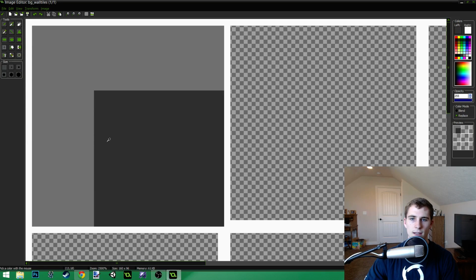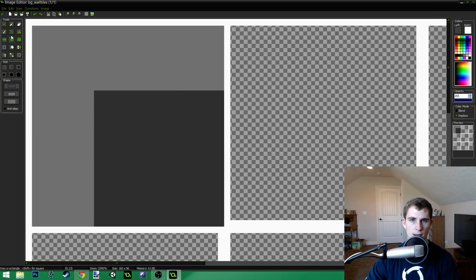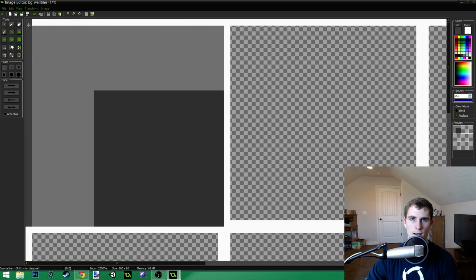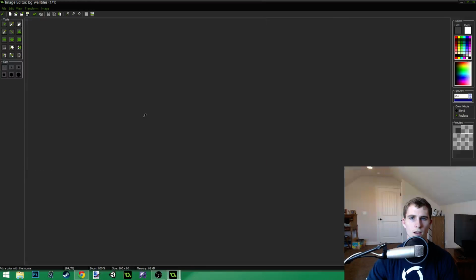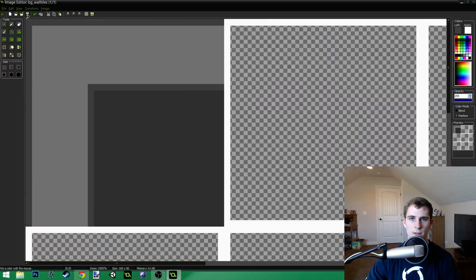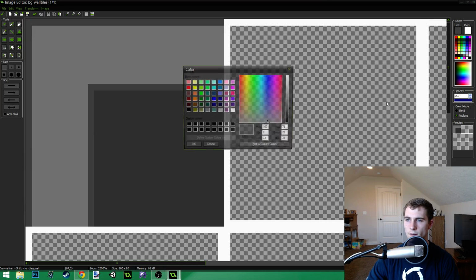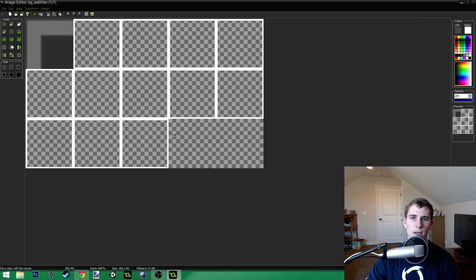Now I'm going to grab this darker color and do a slightly lighter color right here. And I'm going to do that for this edge right here. This edge right here. This edge right here. And this edge right here. So that's going to give a slight, man, it is so hard to zoom in. There we go. That's going to give a slight... That's not quite light enough. I'm going to go a little lighter. A slight edge to this. Now what we can do is